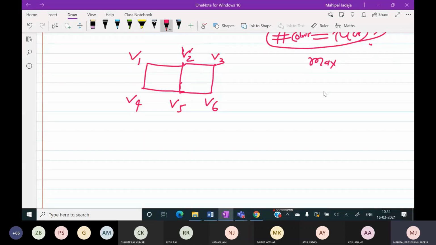So anyway, I am going to color all the vertices, right? V1, V2, V3, V4, V5, V6. So what I am going to consider is all the vertices in one sequence. The sequence can be anything. It can be V1, V2, V3, V4, V5, V6, or any valid permutation of these 6 vertices, because towards the end, after completion of 6 iterations, we are going to color all the 6 nodes. So that is the idea.